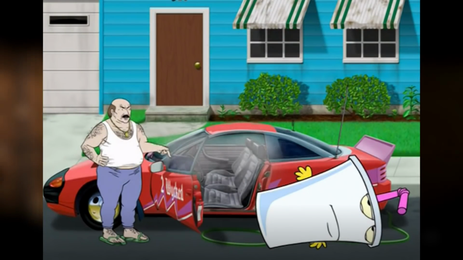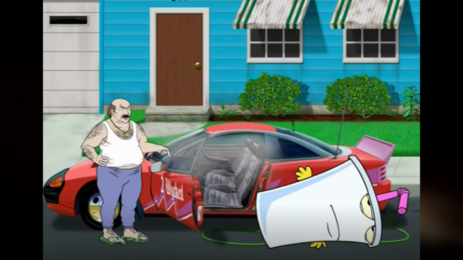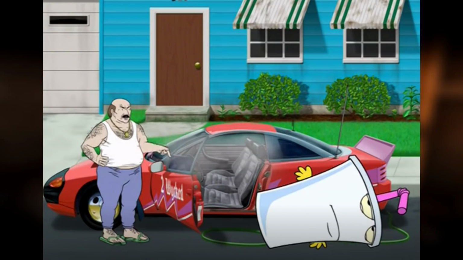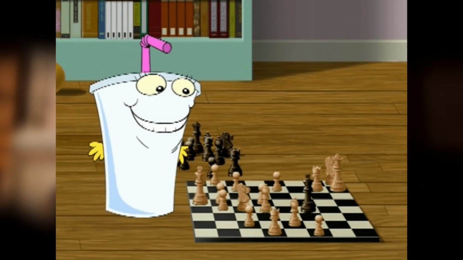Meatwad comes outside and Shake explains that he wants his son to watch him slit his own... Jesus Christ, the plot. I haven't seen this episode in a while. I forgot how dark it was. Meatwad tells Shake that Ezekiel is inside the house playing chess with the chess dragon. When they check it out, Ezekiel beats the frustrated chess dragon.